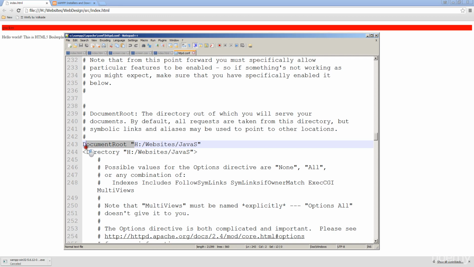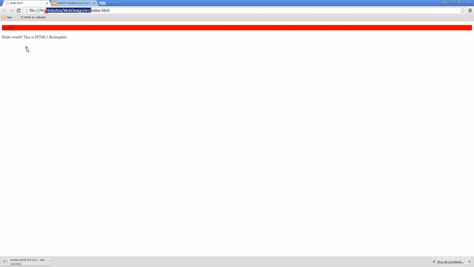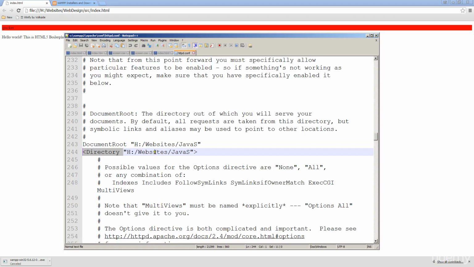What you're looking for is this document root as well as directory. This is going to be where your root directory is, so this is where localhost is going to point to. You have to change this to match wherever your website files are, wherever your root files. We can see here when we had opened that up and we went to websites, web design, source, that's where my index file is going to be located. All I have to do is just type that in there like this, and this one like this,